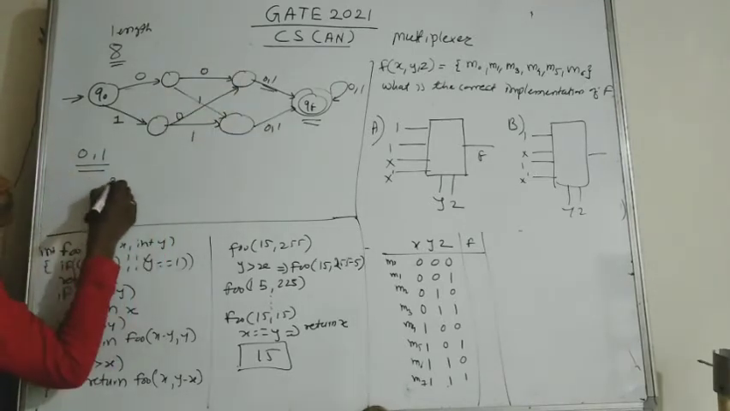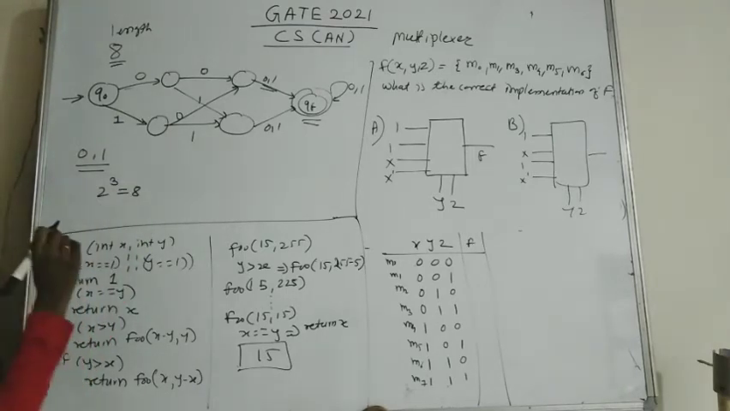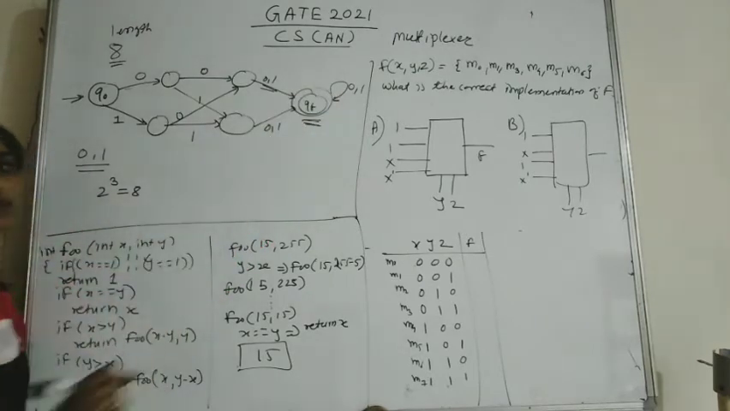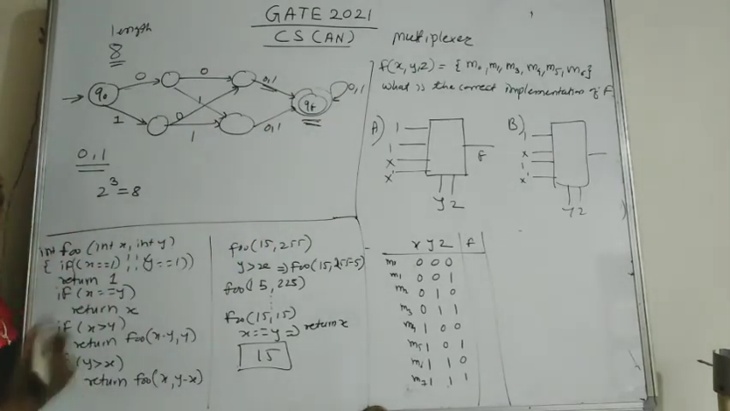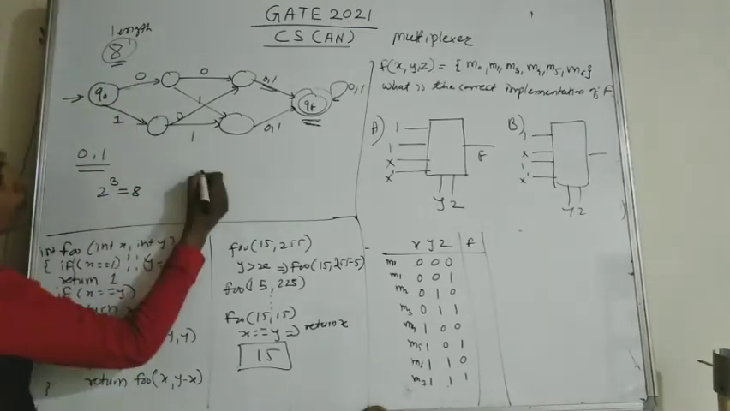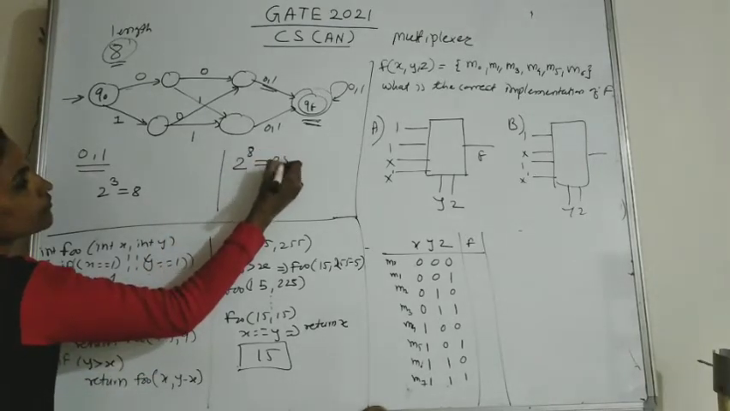So 2 raised to 3. We are getting 2 raised to 3. And at the last you are having the loop for 0 and 1. We can take any number of zeros and ones. As we have been given the length of 8, so either you can directly get 2 raised to 8 as 256,